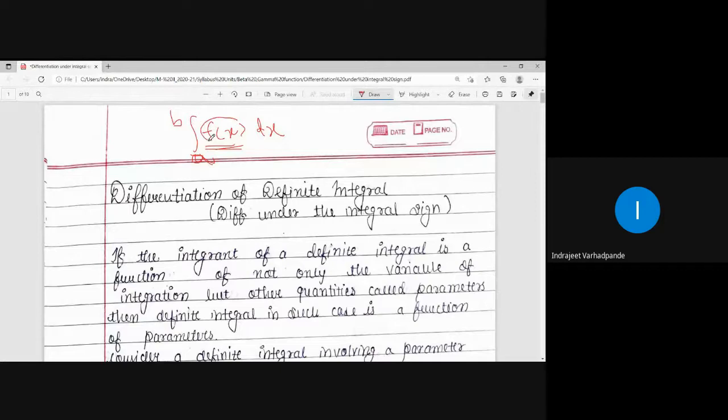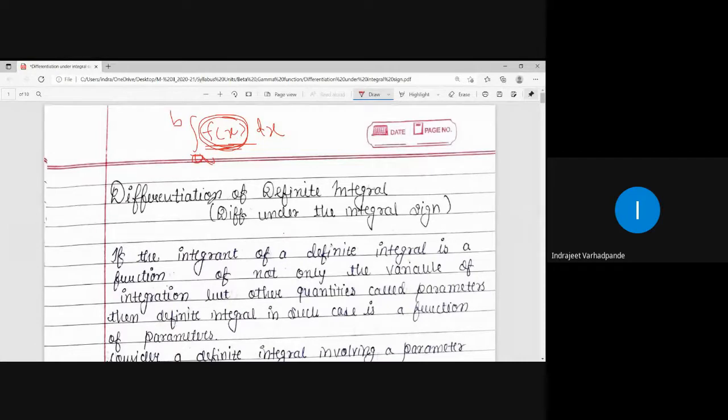But if inside this integral sign I find an integrand which involves two different parameters, out of which one can be a variable and the other a parameter, then it becomes very difficult for me to decide with respect to which variable or parameter I should integrate the given function, right? So sometimes, if you come across a combination of two variables or two symbols or two parameters in general, surely we will have to apply the concept of differentiation under the integral sign.